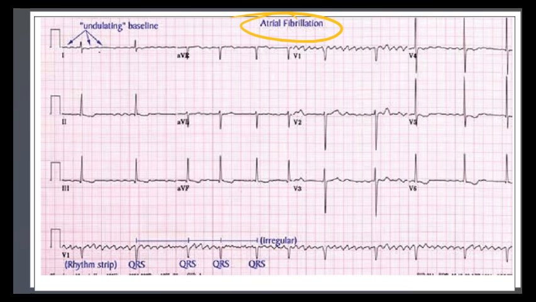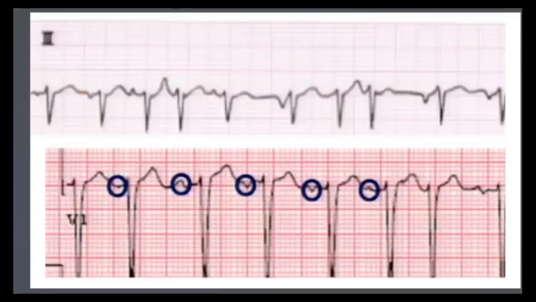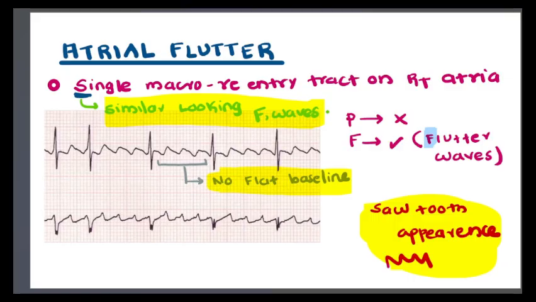Okay, now we will go to atrial flutter. Atrial flutter, let me show you. No, not this one. Yeah, this is atrial flutter. Basically you get a kind of wavy baseline. This is not like a regular P. This is a wavy baseline. Okay, and that would be regular because it's a single macro re-entry tract on the right atria, which basically means,